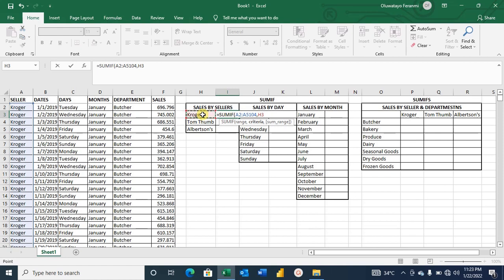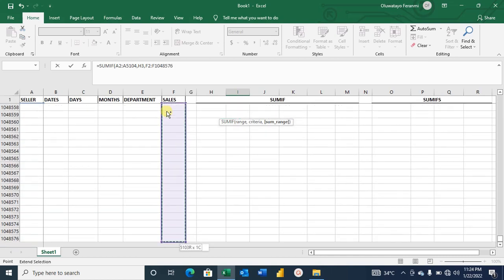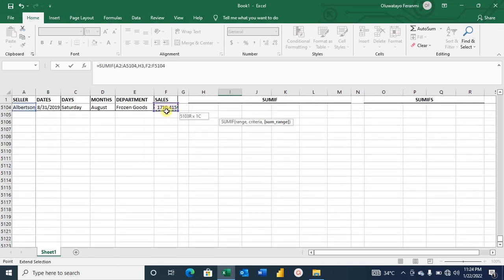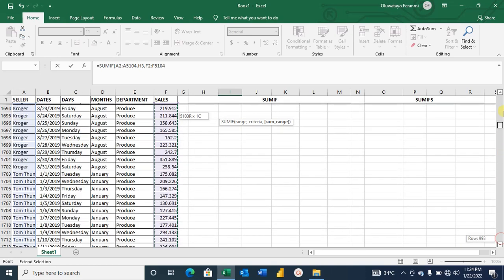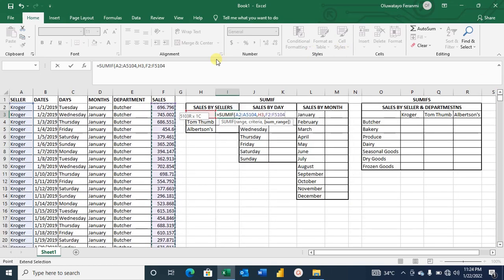So when you pick this, you've selected your cell range, you've selected the criteria, then you now select your sum range. So you're going to select column F. This is where we have our sales record. So you select cell F2 to the end. Sorry, not that. Yeah. So when you do that,